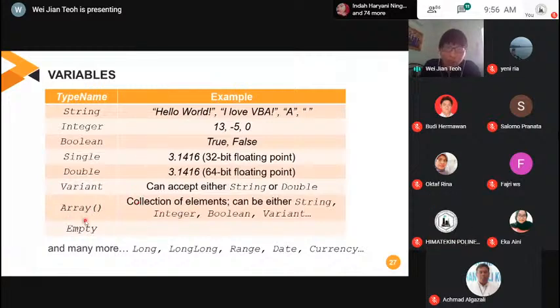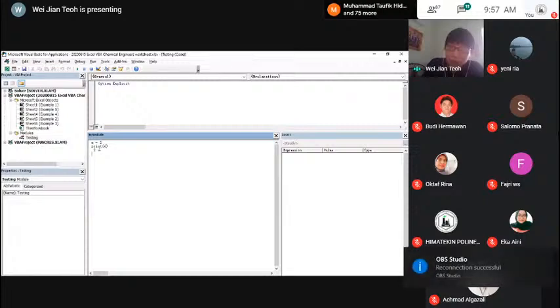This is a more advanced version, so I'm not going to talk about it today. And empty means there's nothing. So in Excel, you must understand that in programming and actually many other languages, 0 is different from empty. So print means show the variable. In this case, I just define x equals 2. So print x is going to show 2.